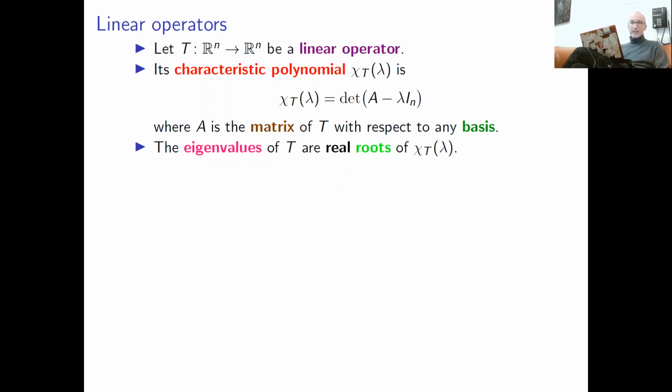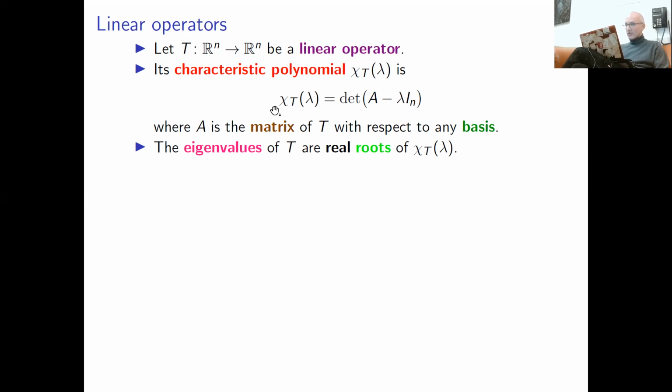The first result is that similar matrices have the same characteristic polynomial. And second, if you take two different matrices of the same linear operator, they are similar. This was basically the result we started this lecture with. So using these results, you see that this definition makes perfect sense. If you're unhappy with this, just take the standard basis and take the characteristic polynomial. This is also going to work, but in some examples it's easier to take a non-standard basis to compute this characteristic polynomial.